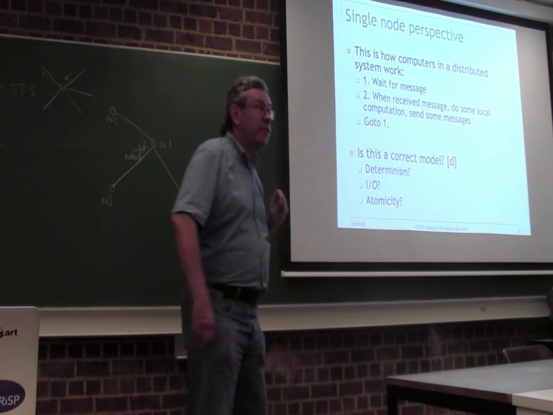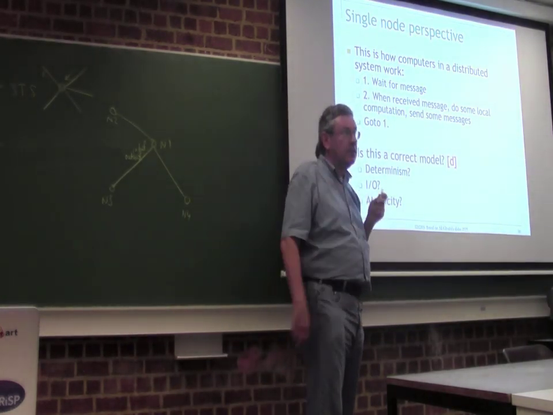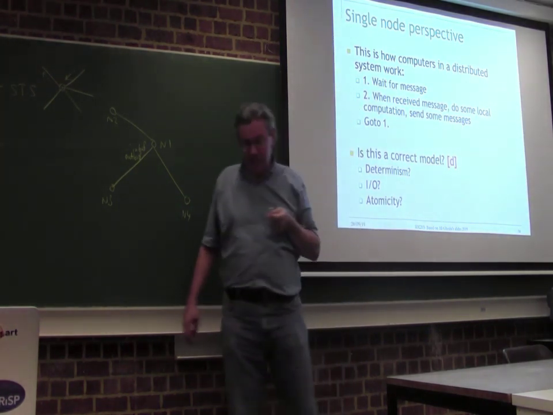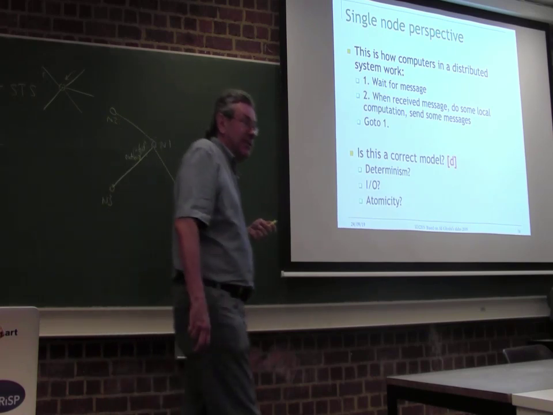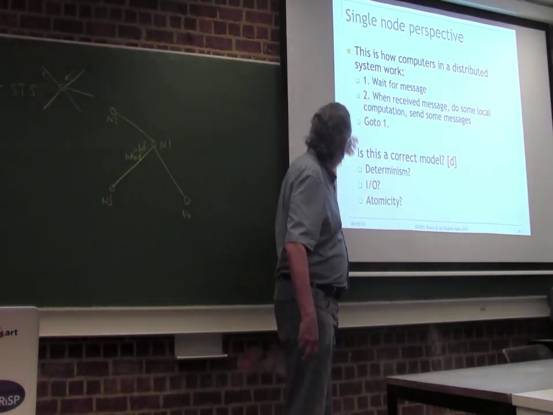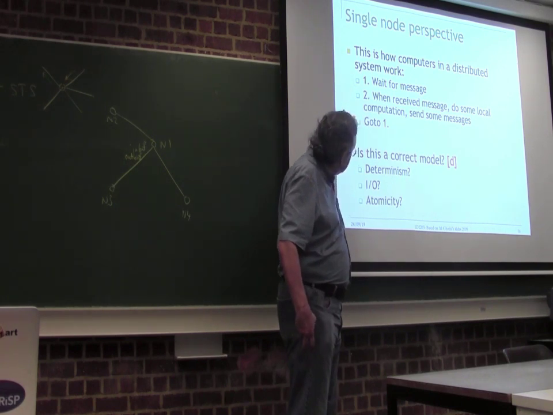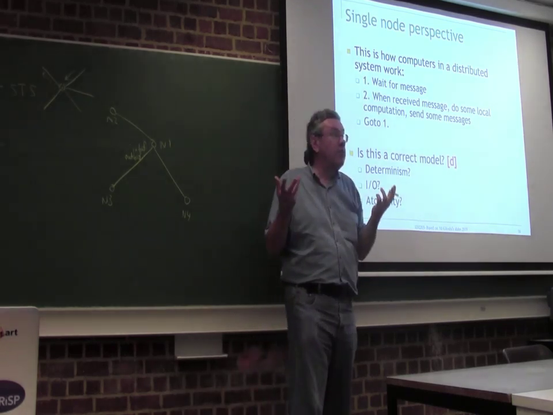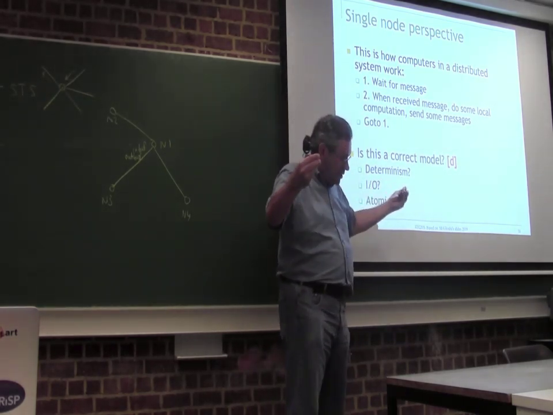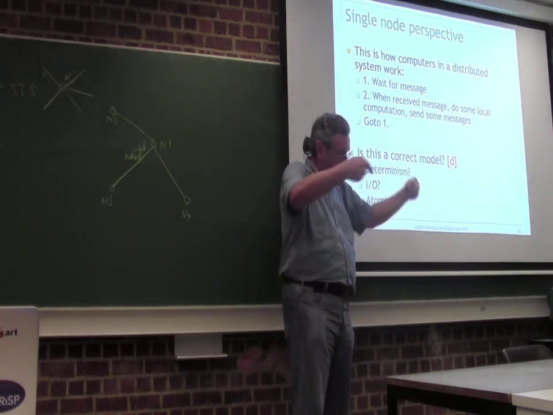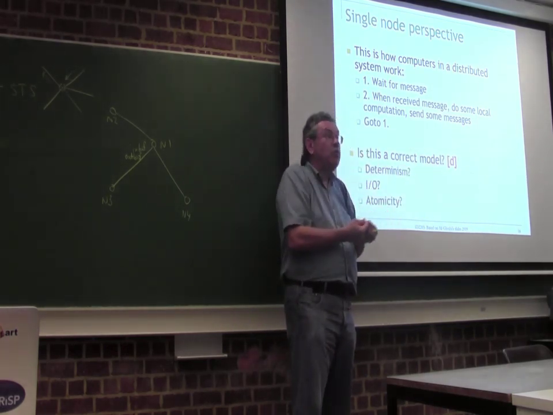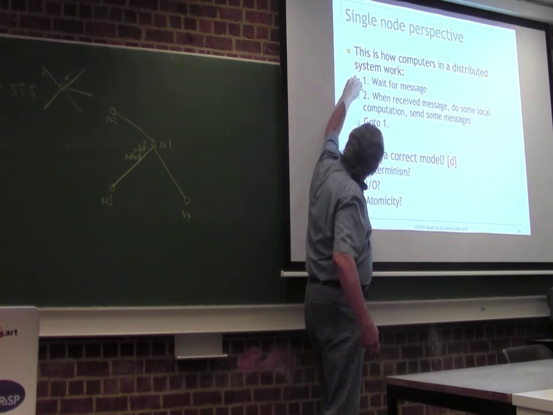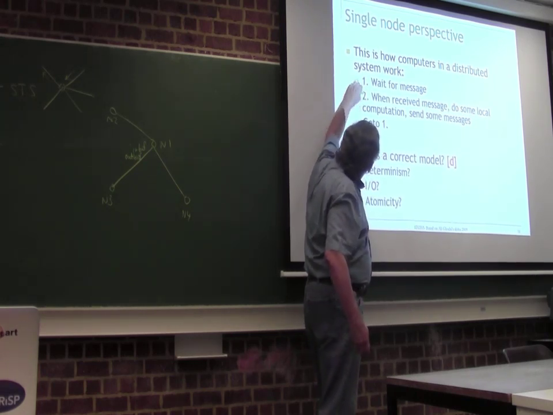Okay? Yeah? So do we consider the messages arrive in the right order? No, we don't, there's no order constraints on the messages. That's a good point. The base system is going to be asynchronous, so we don't know how long the messages take. So we really don't know when the message will arrive. If 2 nodes each send a message to a third node, we actually don't know which one is going to arrive first. Could be either one. But once a message arrives, during this computation, there's no interruption.